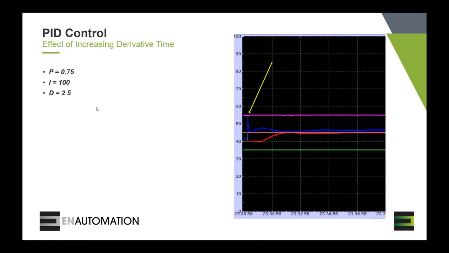If we add a little bit of derivative control to it, we can see what happens is the derivative control sees a step change in the error term, and it reacts to that. The derivative control is the change in error over the change in time. It sees a large change in error over small change in time. So it has a large impact, a large response to that, but it doesn't last very long because the step change